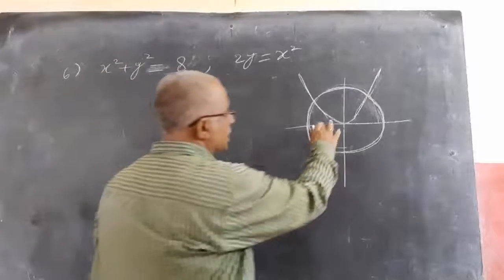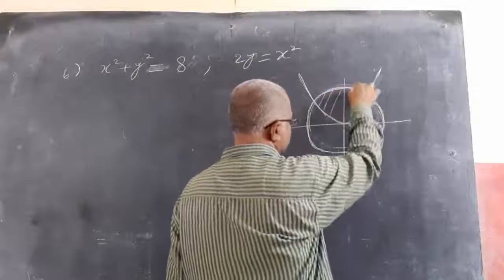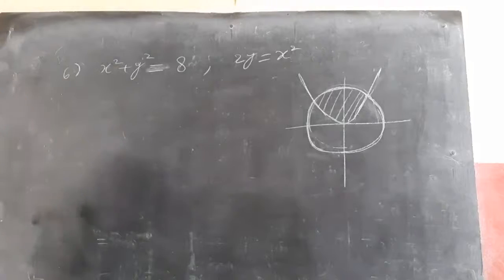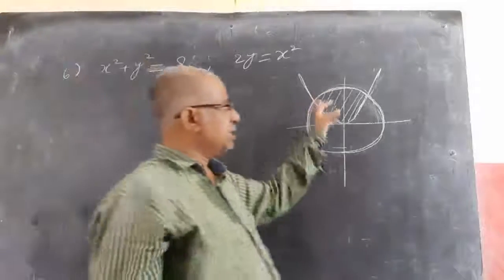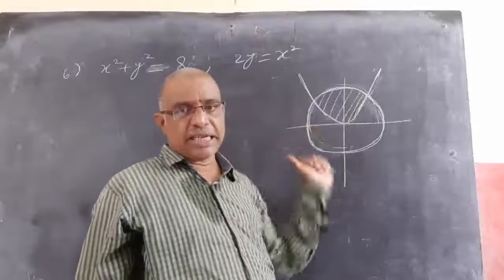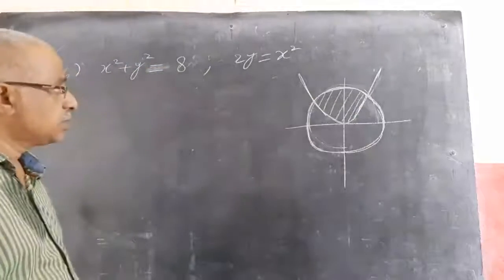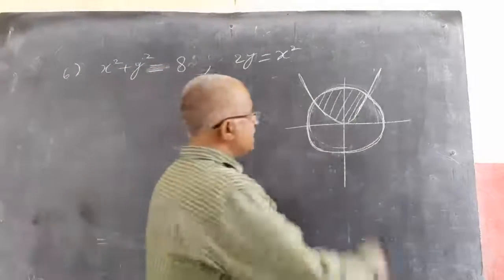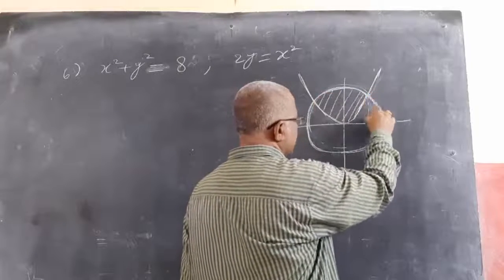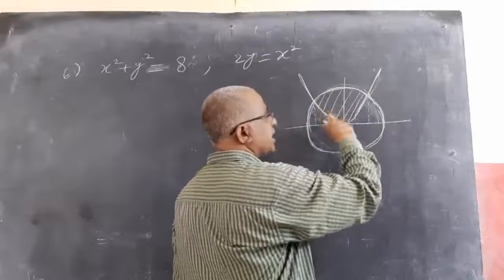Then this parabola is dividing the circle into two areas. One is this shaded part, another one is the unshaded part. So if I find the shaded part and the total circle area pi r square, then pi r square minus the shaded part gives me the unshaded part. Am I right? So for that, I need to find this area first. To find this area, if I find these two limits, between these two limits, upper curve minus lower curve gives me this total area.